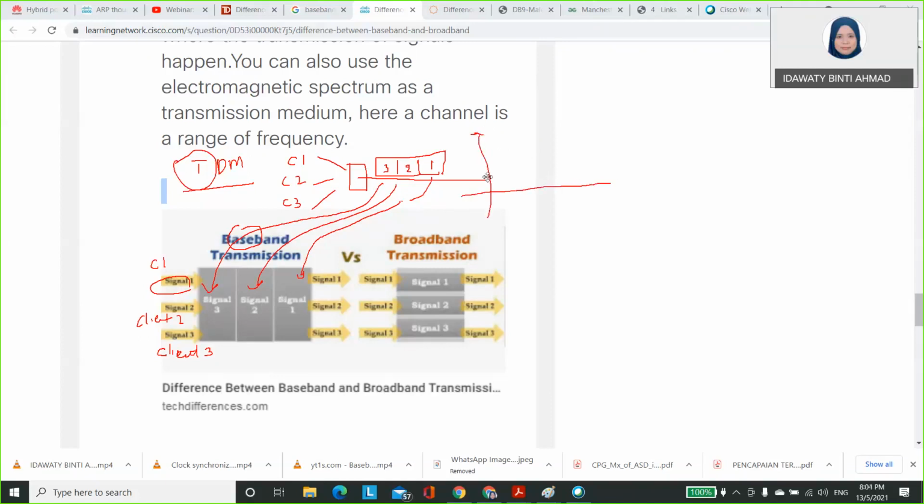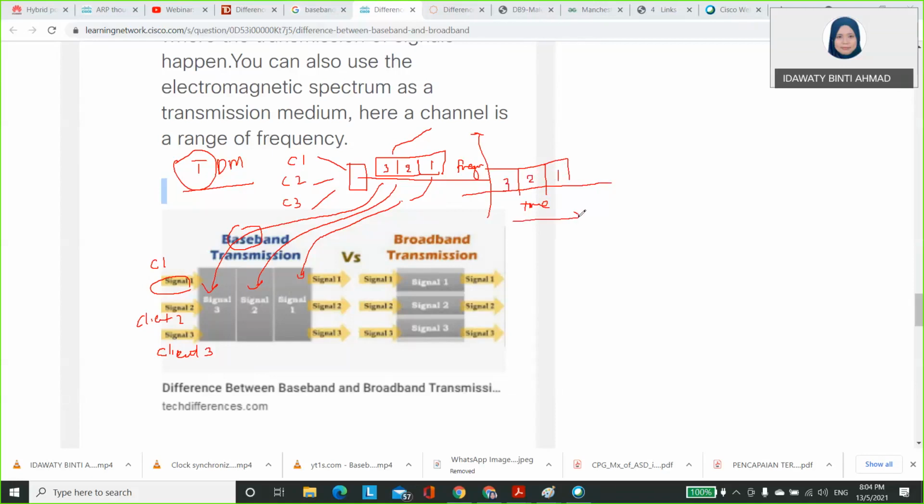I hope you can see this, okay. So this is time slot, as I draw back whatever here to here. This is frequency. So with the same frequency, you can share in different time slots. This is for client number 1, this is for client number 2, and this is client number 3.